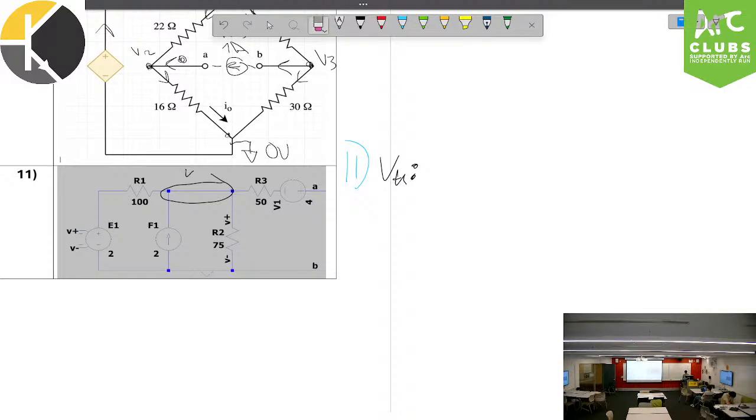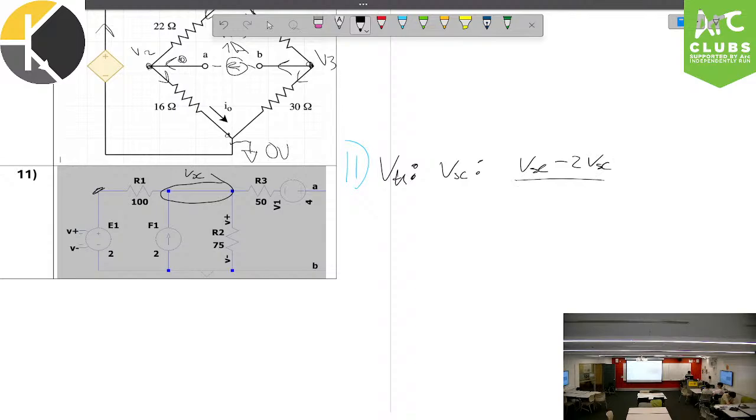So I'm going to call this node not VA, VX, okay? So we perform nodal at VX. Very interesting question. We say VX minus this voltage here. What is this voltage? It is going to be 2 times V plus minus V minus, which is Vx. That's crazy, okay? Vx minus 2Vx